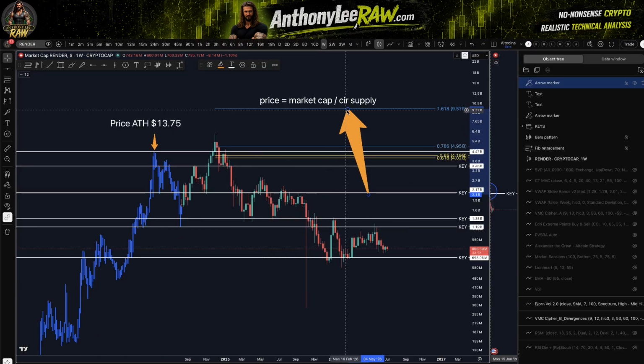What I've also done with these white lines that I call key levels is I've gone through on market cap and marked out significant levels where you found support and resistance, right? Pay attention. Here's where a lot of people miss it. You have to do that on market cap, okay? You cannot do it on price because price changes. Market cap does not. And I'm going to show you a really good example, okay?